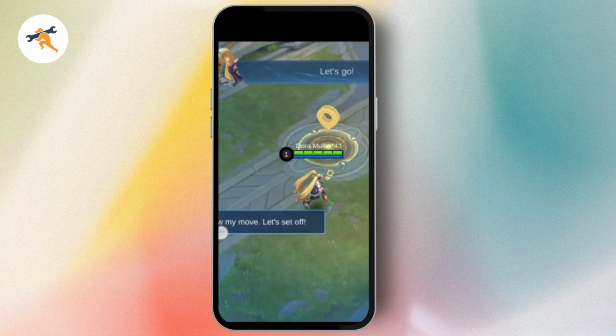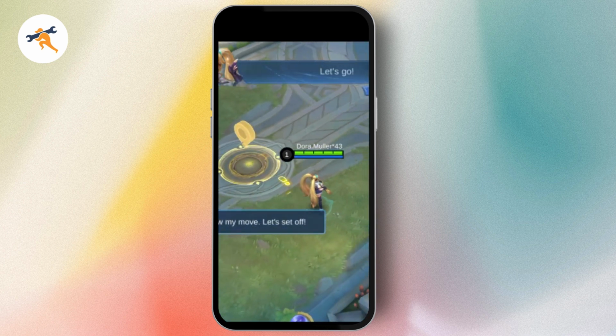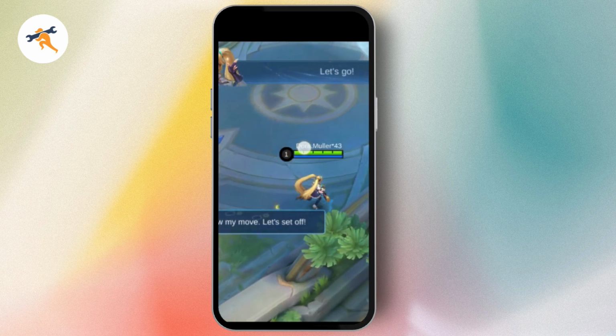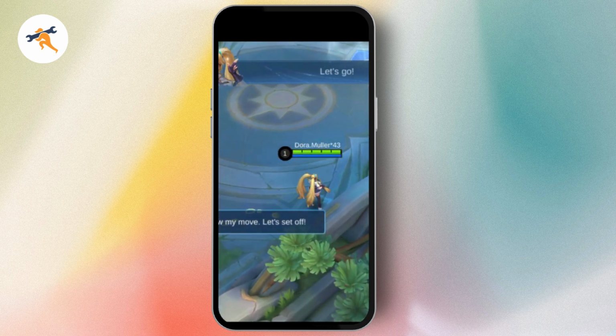You can simply play with this account, and if you want to switch your account, then you will have a switch accounts option. You just need to simply go for switch account and you can switch your account. So that's how you can create a new